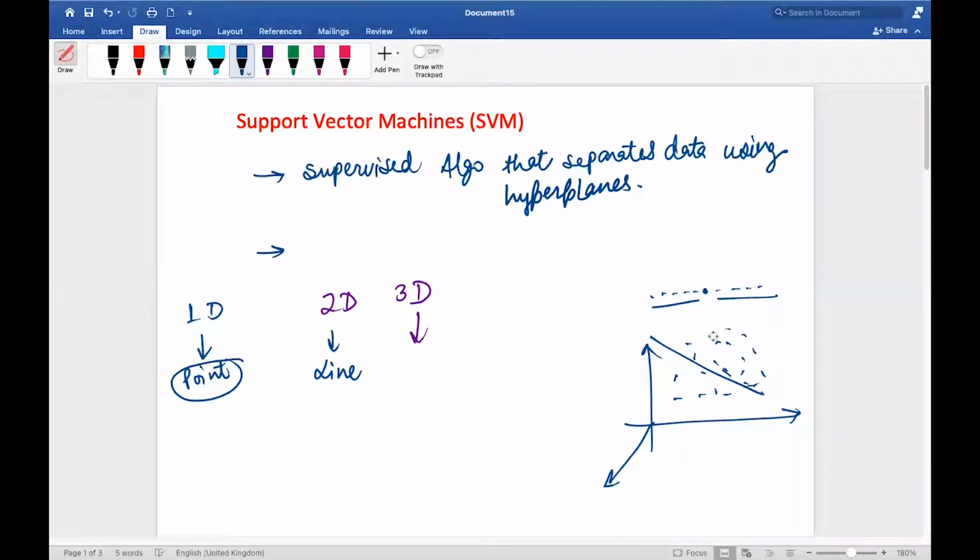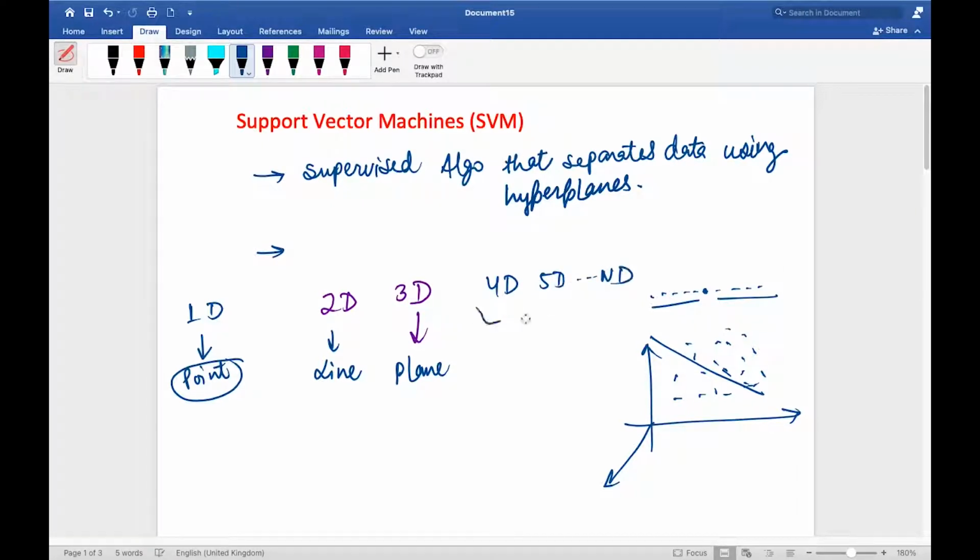Assume that there are small balloons floating. You can consider the balloons as points. Now assume you have to separate all the balloons into two parts, however you want. How will you do it? Can you do it with a line? No. You need a plane, correct? Similarly, 4D, 5D, or ND.